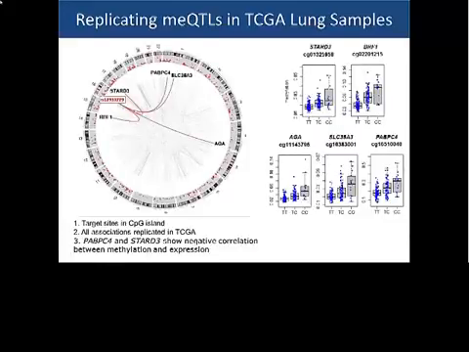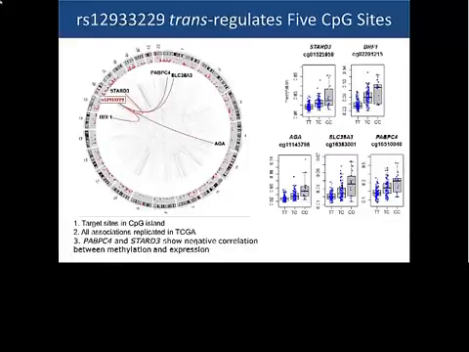Very interestingly, for the first time, we were able to identify one SNP located on chromosome 16, which can trans-regulate 5 different CpG sites across different chromosomes. These 5 figures show the intensity plot for such association. Interestingly, we found that the target sites are in the CpG island regions, and all of these associations were replicated in